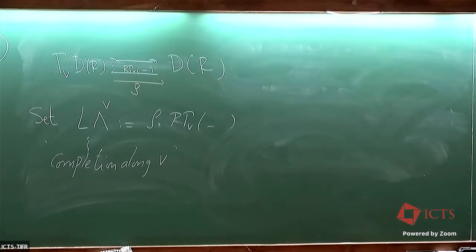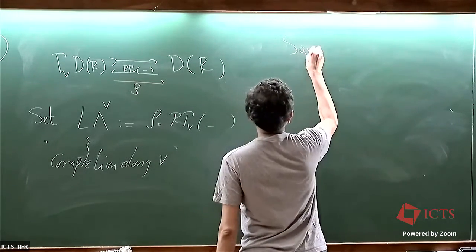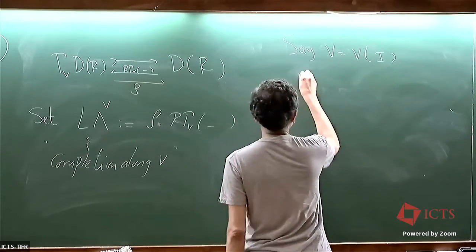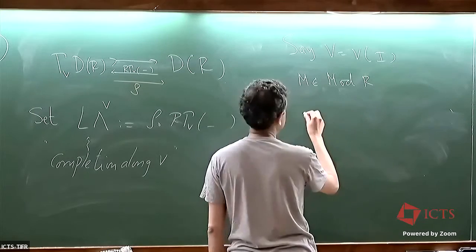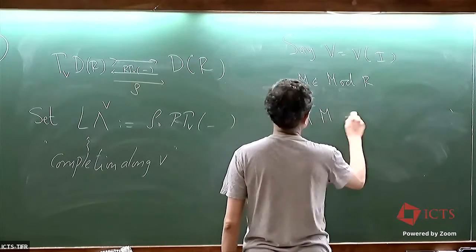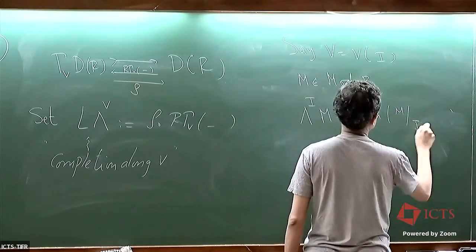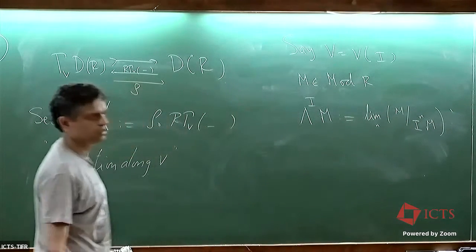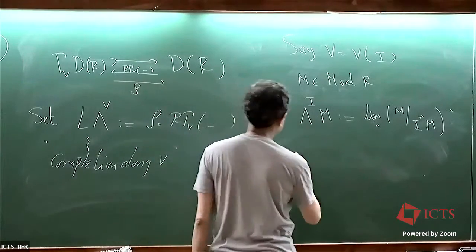And so what I mean by this is the following. Let's say V is a closed set VI. Then for any module, one has the usual completion, the I-adic completion, which one typically denotes like this. This is the limit of this system, right? The standard completion. Of course, then you can look at the derived completion.